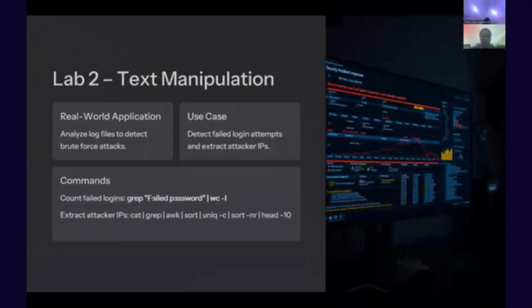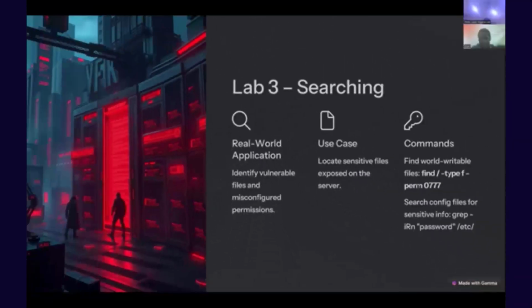So this helps us manipulate our text literally. It gives us the ability to analyze log files to detect brute force attacks. Now you've been compromised because you've seen red alerts on your dashboard. What do you do? You need to go through your files and see, okay, what's that? Where did someone try to enter? Where did they fail the password? Where will I go and check? Because if you failed the password, you know that someone attempted, but they didn't get the correct login